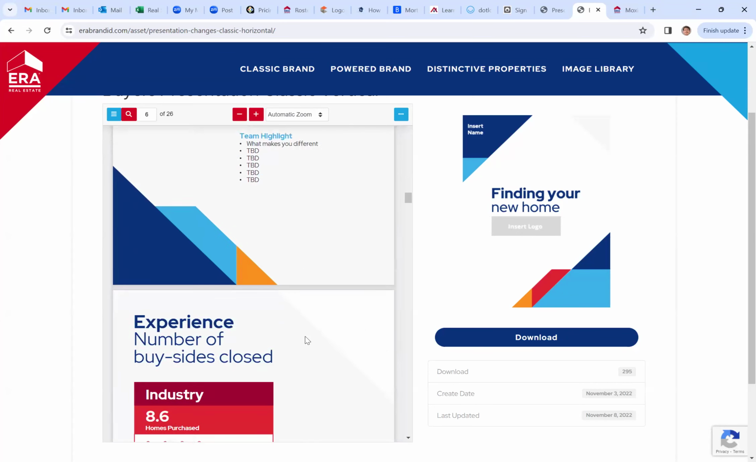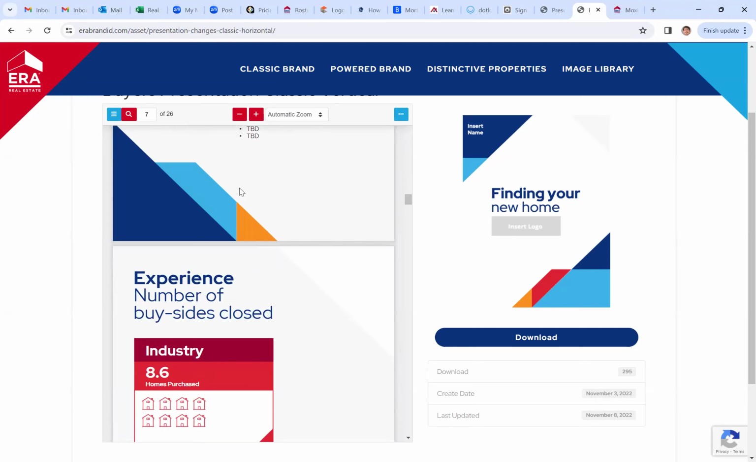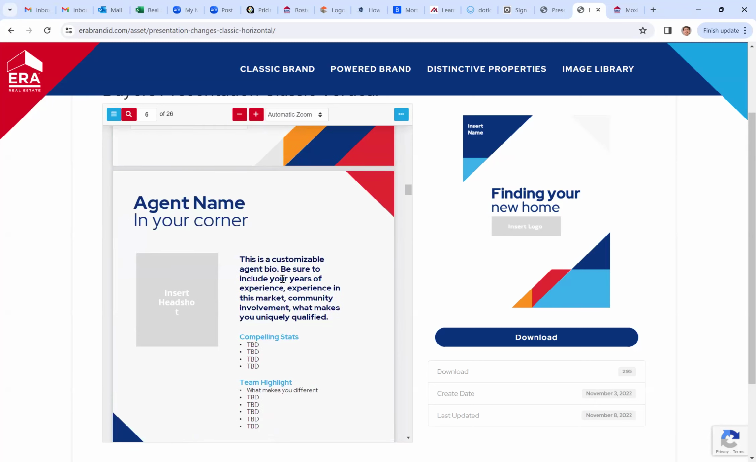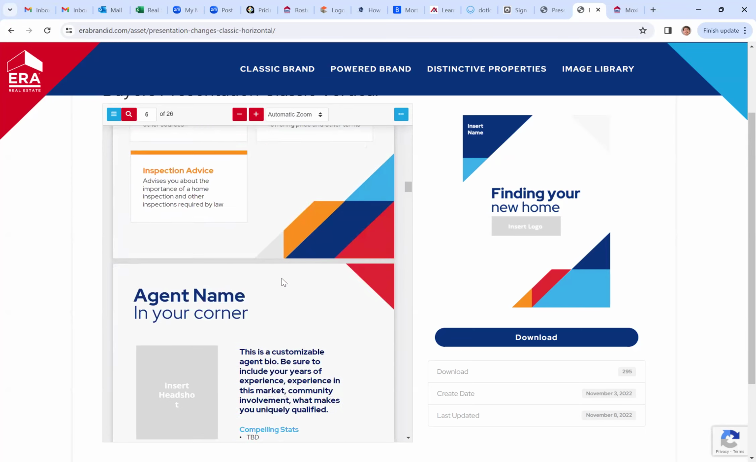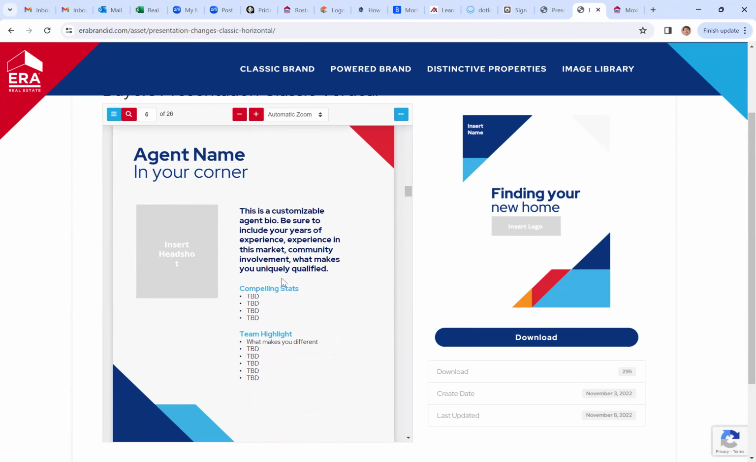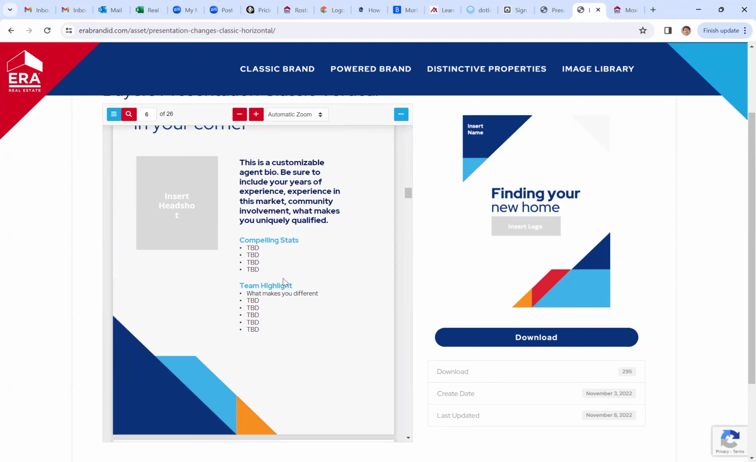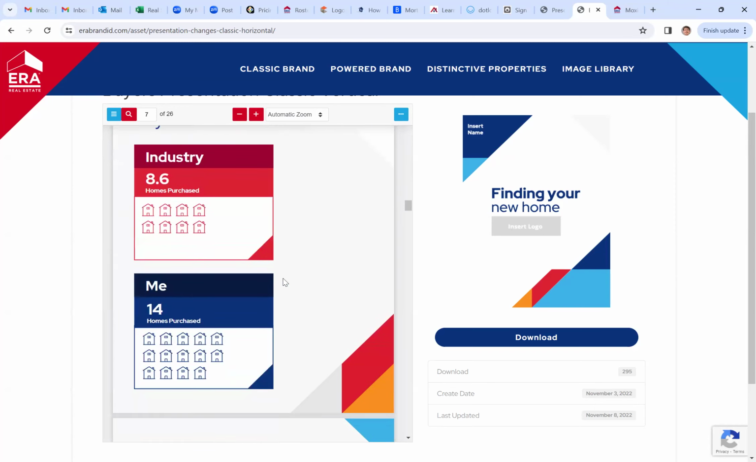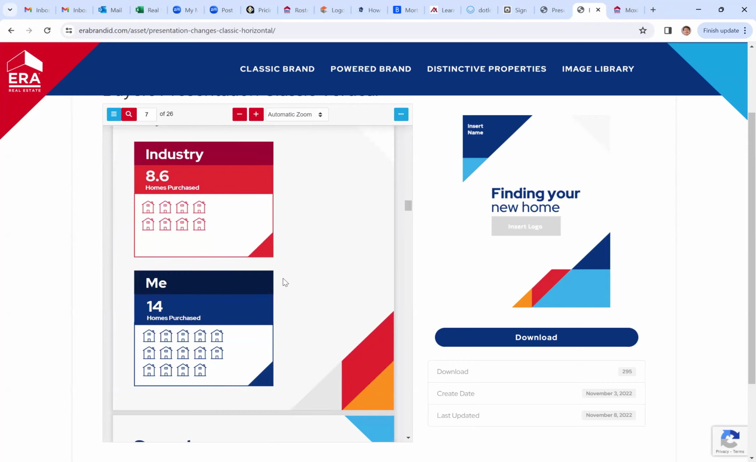But there are 26 pages of info. So once we get past this page, you're going to see, and this is totally up to you, how many of these pages you want for yourself. But there are pages that are meant to be customized for you. So there's one on experience, number of buy sides closed,